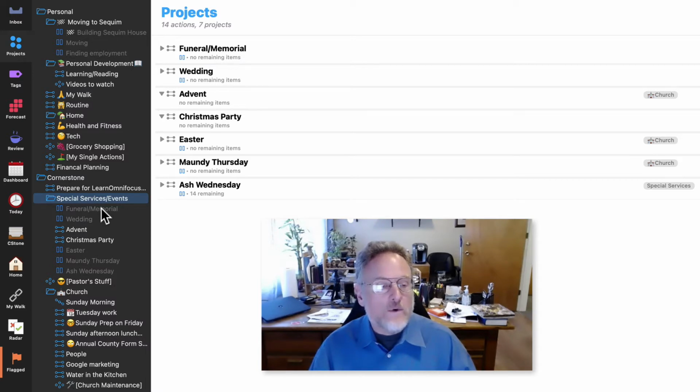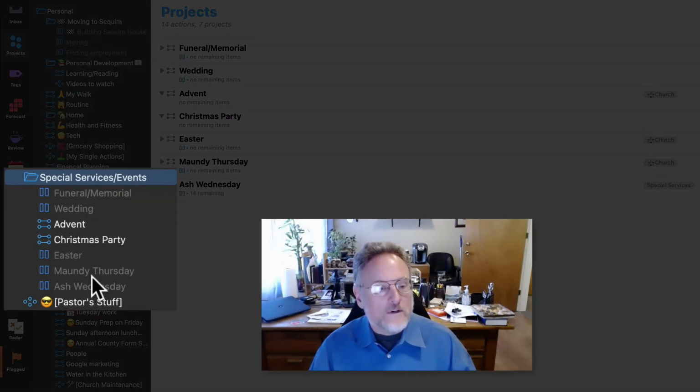And what I do with DEVONthink is that this tree structure is repeated in DEVONthink. So I will get music that I like for a wedding, for example, and I can't put it in OmniFocus. You can't put files and things for storage in OmniFocus. So I go to the wedding folder in DEVONthink and I put it there.